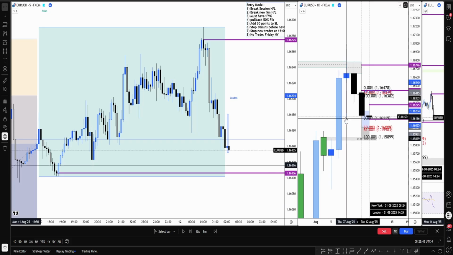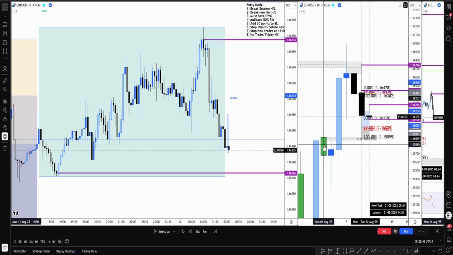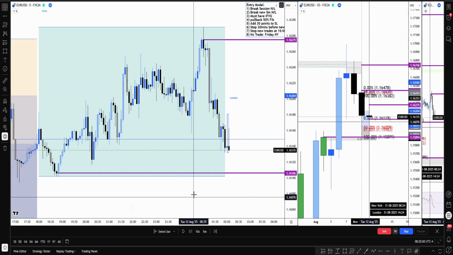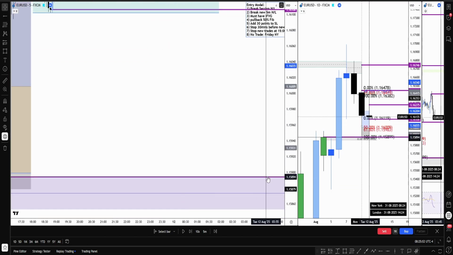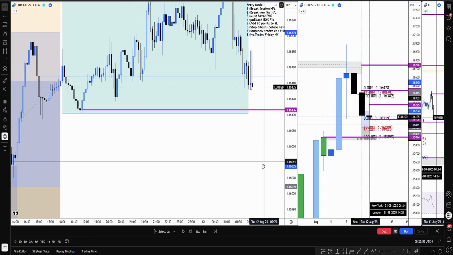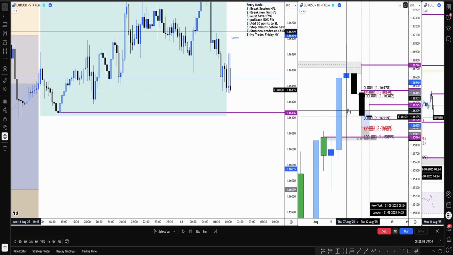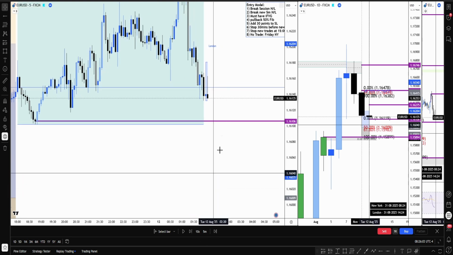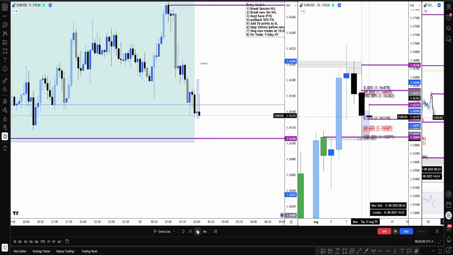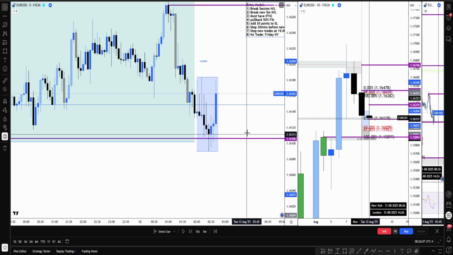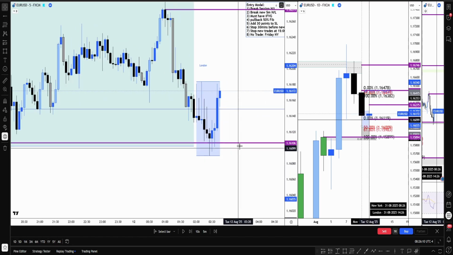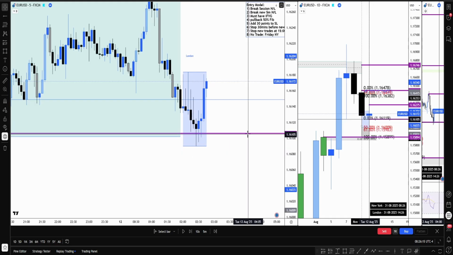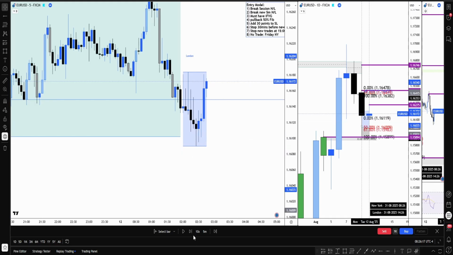And what do we have here? We have a daily fair value gap here. We have a daily order block here as well. There we go, there's a clear daily order block there. That's pretty far down, but we're also hitting a daily fair value gap. So I'm not going to clutter up my charts. I'm just going to wait. For the time being, we took out the London low. Let's move forward.